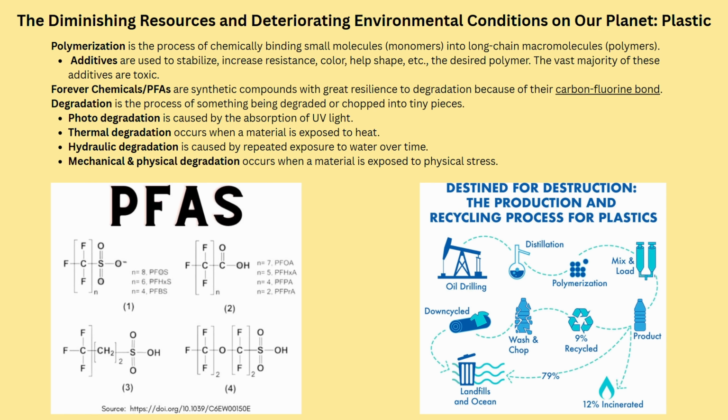A polymer is a large molecule made of thousands of repeating smaller subunits in a specific arrangement known as monomers. Plastics are created by chemically binding those monomers together to form a long chain or a polymer, and this whole process is known as polymerization. Okay, so that's what a plastic is. You might ask, what exactly do plastics have to do with the environment and why are they so detrimental? Well, first, many of these monomers are derived from fossil fuels, meaning that almost every plastic ever created needs oil